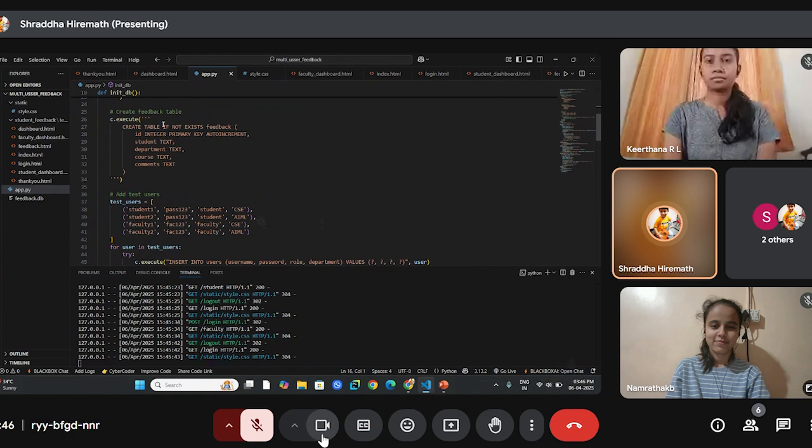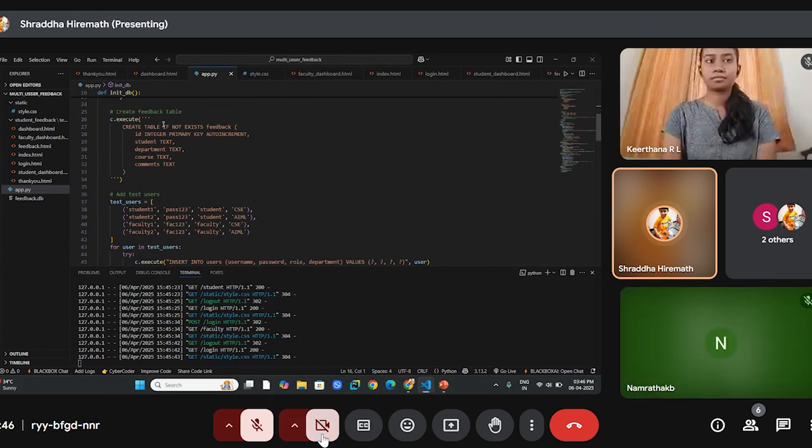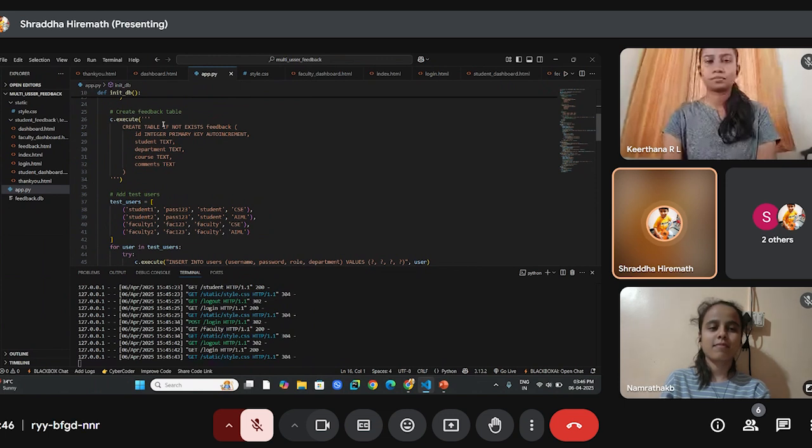After the login, sometimes an error will come. So Jinja 2 is the template engine used in Flask. The variables like session user, which is the current login I showed you just now, is the student's username or the faculty username. Then another variable is feedbacks, the list of feedback entries passed from the backend.